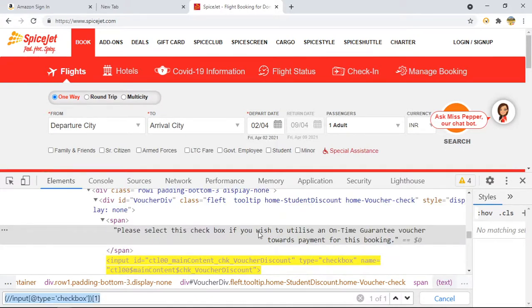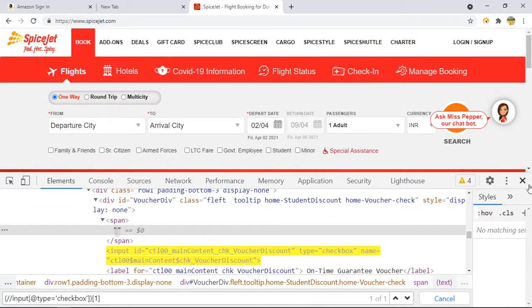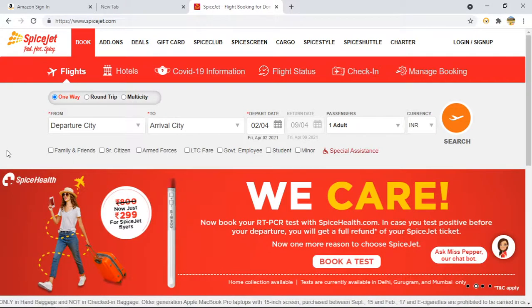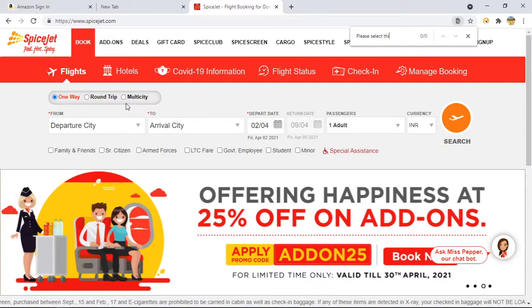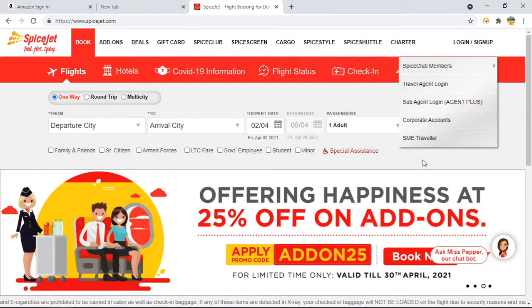Please select this checkbox if you wish to utilize. I will copy the text, and this text should be present on this web page. Control F, Control V. So where is it present? I think at the time of booking, at the time of payment, we'll get that checkbox.